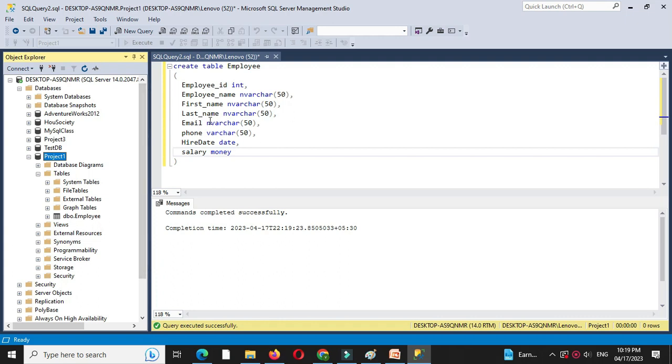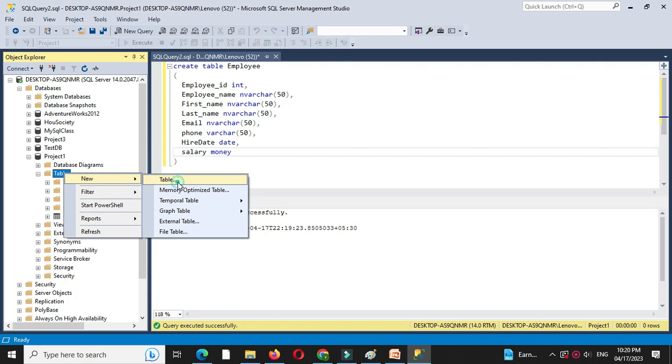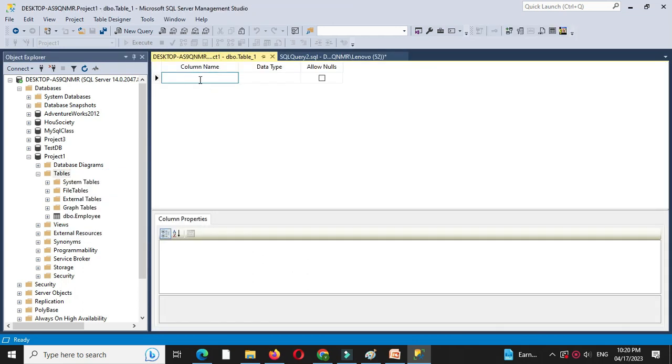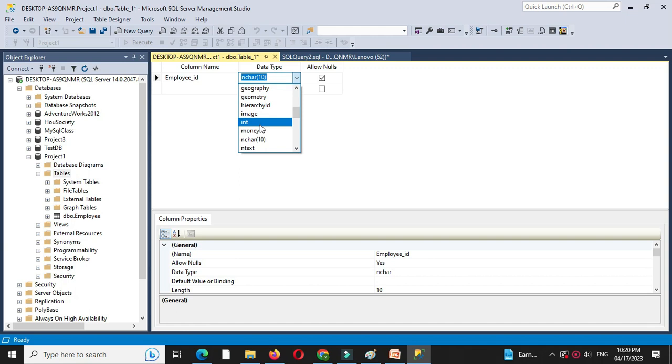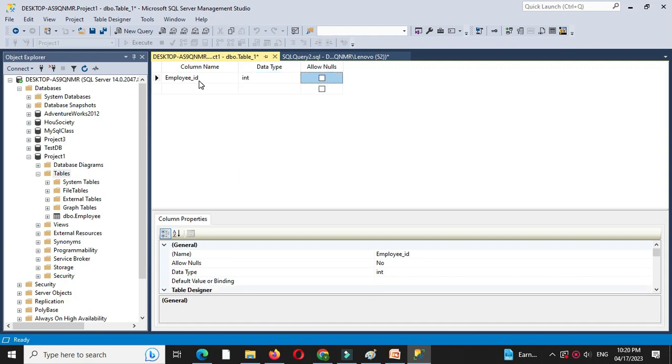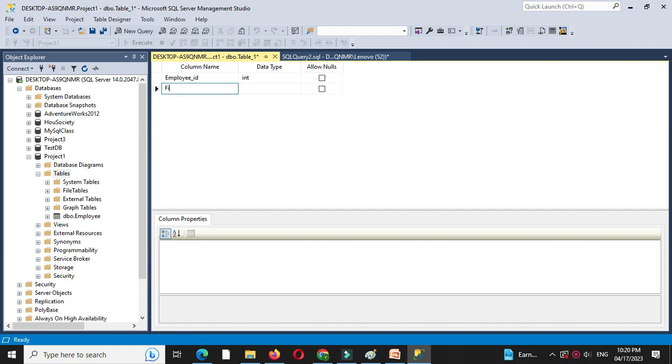Now we will see creating a table using SQL Server Management Studio. First expand the database, then right click on tables, new table, then specify the column name. So I will give employee ID, then data type, I will select int, and I will remove this null value, that is employee ID should be filled while entering the data. Then first name